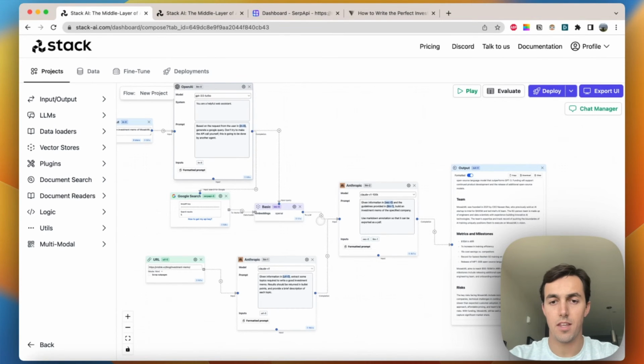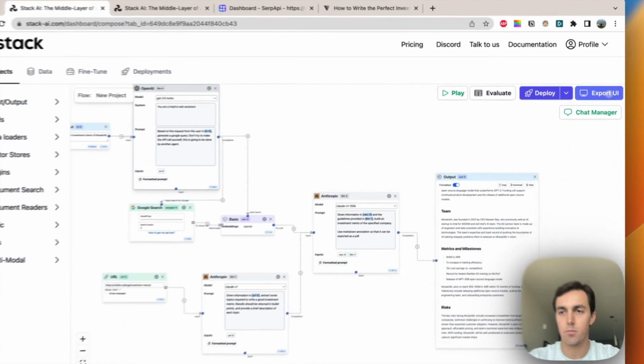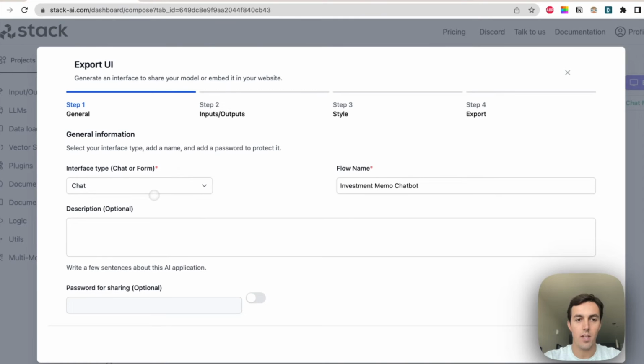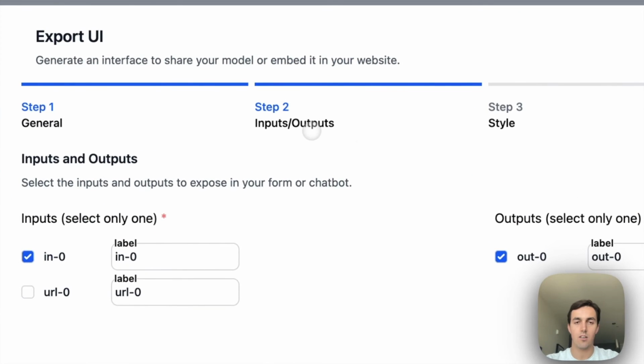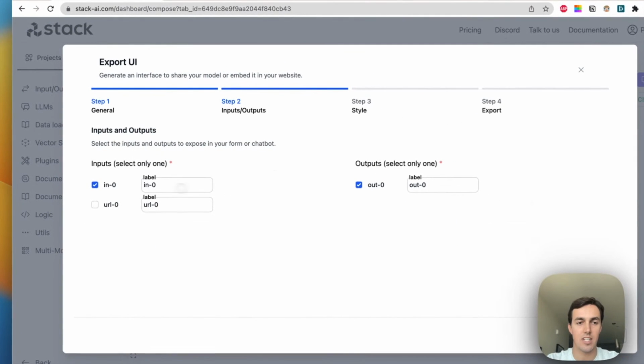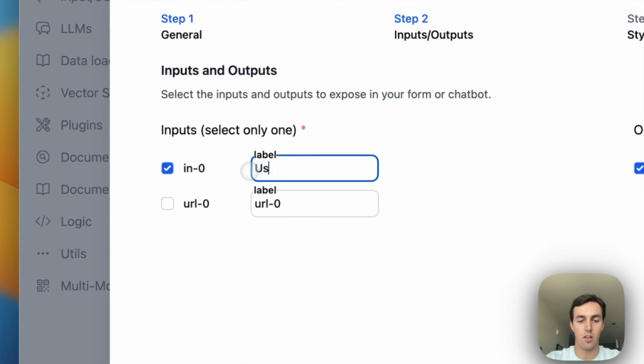Now you might be thinking how to share this work with your colleagues. Actually, let's click here in Export UI. There's two ways of exporting your workflow, either as a form or as a chat. So the name, I'm gonna call it investment memo chatbot. In step 2 here, we decide which inputs and outputs. In this case, it's gonna be in/0, which is the user request. Here you see another input, which is the URL, but this is something that we don't want to change,